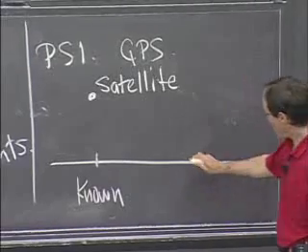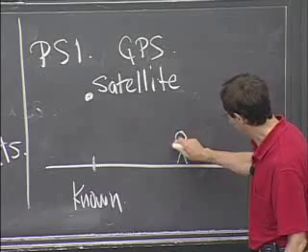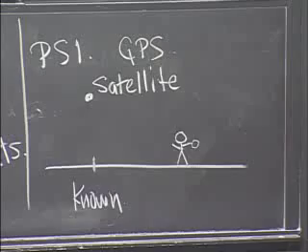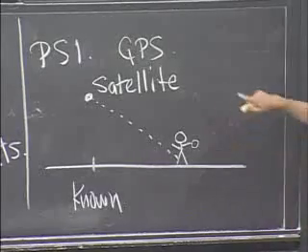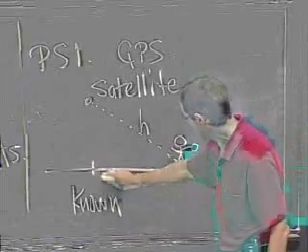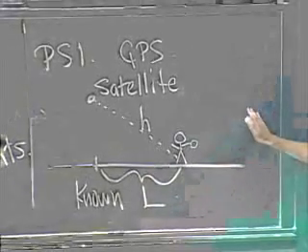And I'm sitting here with my little GPS device, and I want to know where I am. And the way I locate where I am is I communicate with this satellite by radio signals. And I can measure this distance here, which is called h. And then the system will compute this horizontal distance, which is L. So in other words, what's measured,